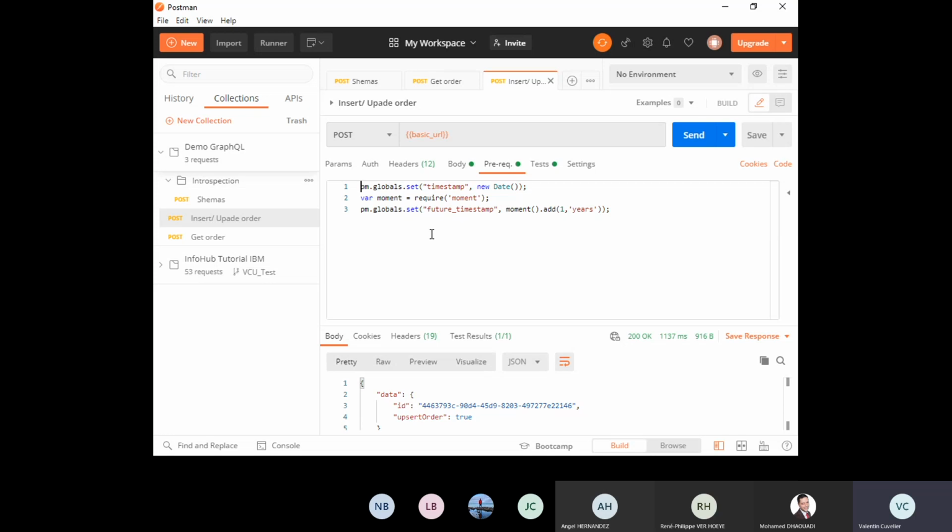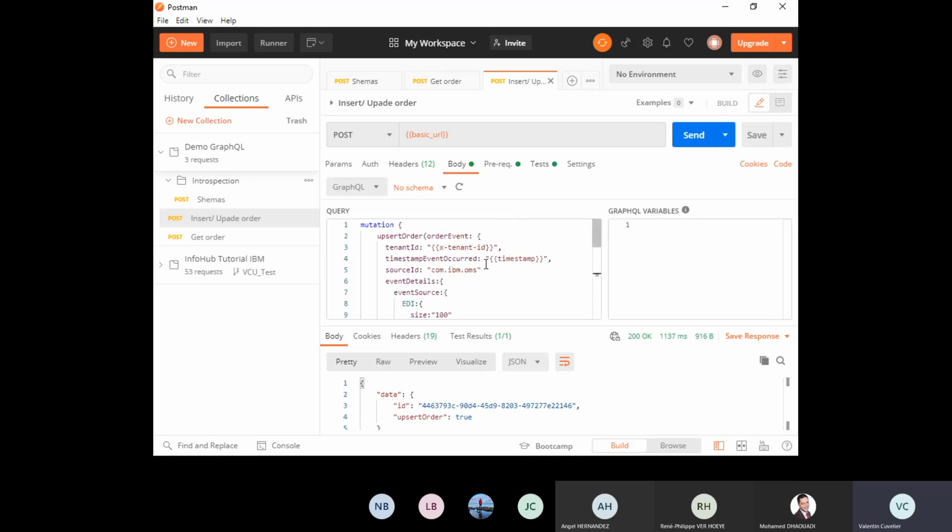Here I just set a timestamp and I always create it with a new timestamp, and we can also add tests. It is not a GraphQL property, it is only linked to Postman. You can do that in REST also, and you can also validate your response with it. Here the timestamp is generated, and you can also use a randomize function. Here I create a random item.